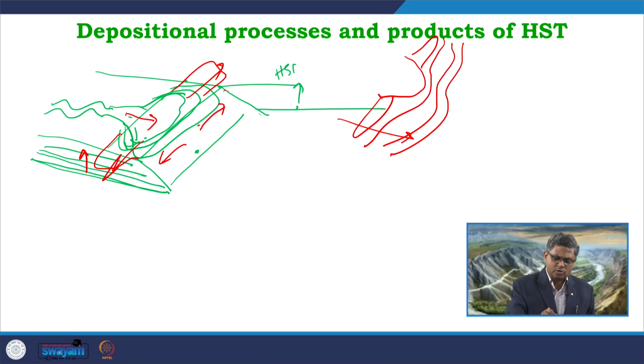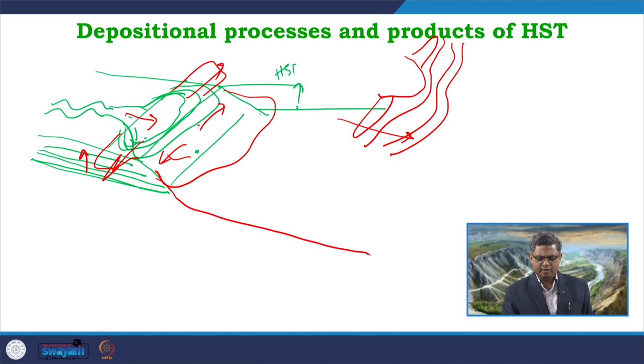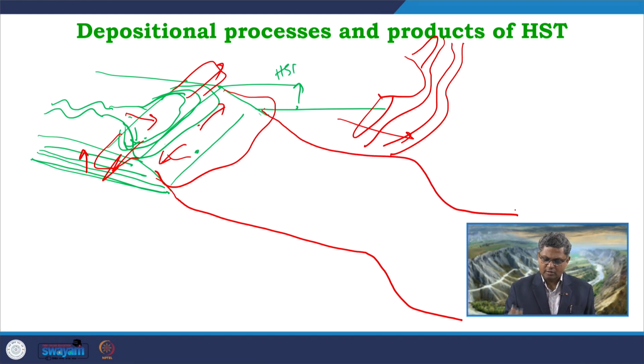Now, all these processes are going on over this area, which is part of the shore environment, and then we are going down to the shelf area, from there the shelf break and the deep basinal part. So, if I draw this like this, this is the shelf edge, this is the slope area, and this is the deep basinal part.